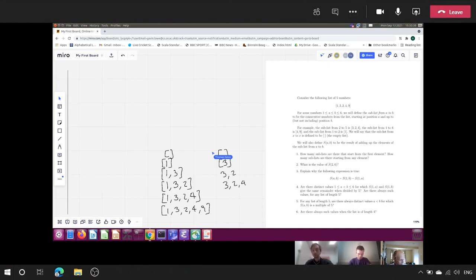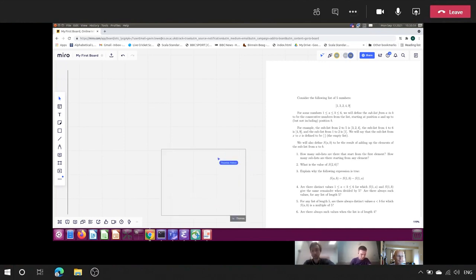But okay, moving on to question 2 then. Can you tell me what the value of S(2, 6) is? That's the sum of the elements of the sublist from 2 to 6. So the sublist from 2 to 6 starts from index 2. So that would be 3 plus the third element 2 plus the fourth element plus the fifth element, which works out to